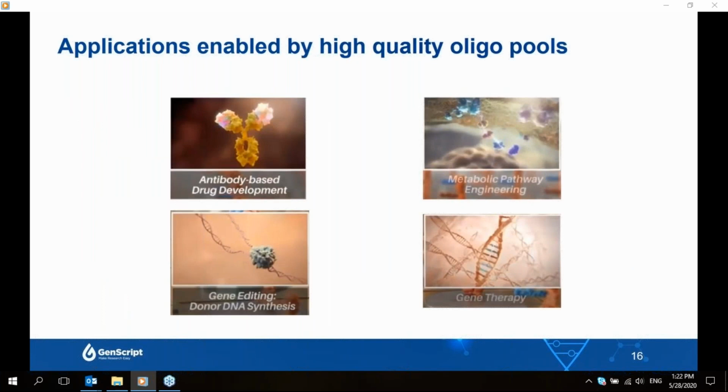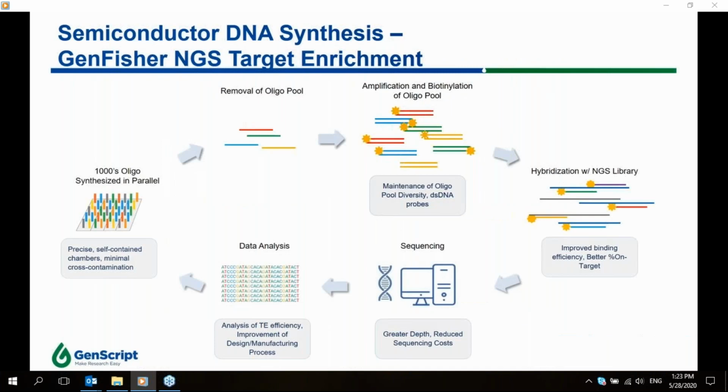Here are some additional examples of applications that high-quality oligo pools enable, like antibody, protein, and pathway engineering, CRISPR-Cas genome editing screen libraries, genes and mutation assemblies for gene therapy, etc. A precisely controlled, non-contaminating and fast system to make oligos is really a foundation to ensure the success of these investigations. Now let's refocus on NGS and see how we are applying this awesome semiconductor DNA synthesis technology to